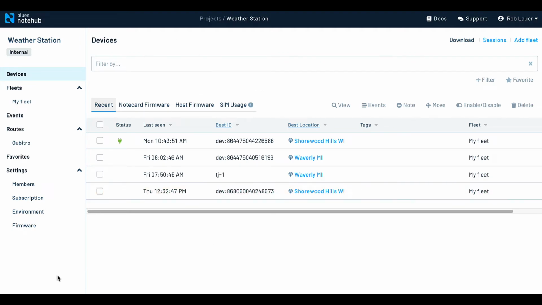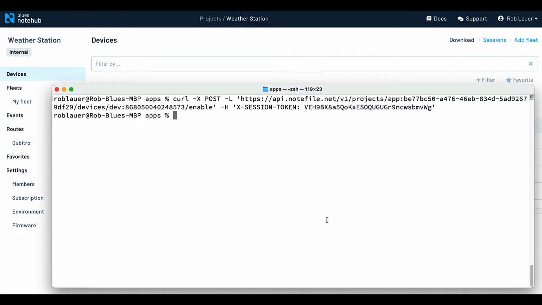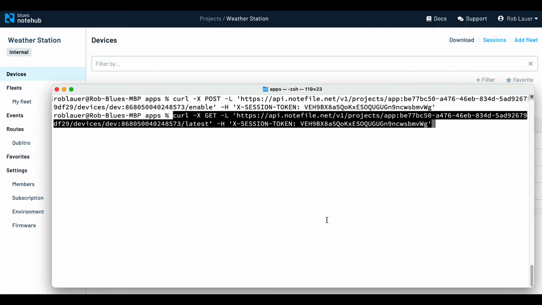Now we get into the more interesting management or viewing of data, and that has to do with the event APIs. Now, we're always going to recommend that the best way, the easiest way for you to efficiently route data from your device to an endpoint is using our routes functionality. But if you need, for any reason, to query device data, there are a variety of event APIs to use.